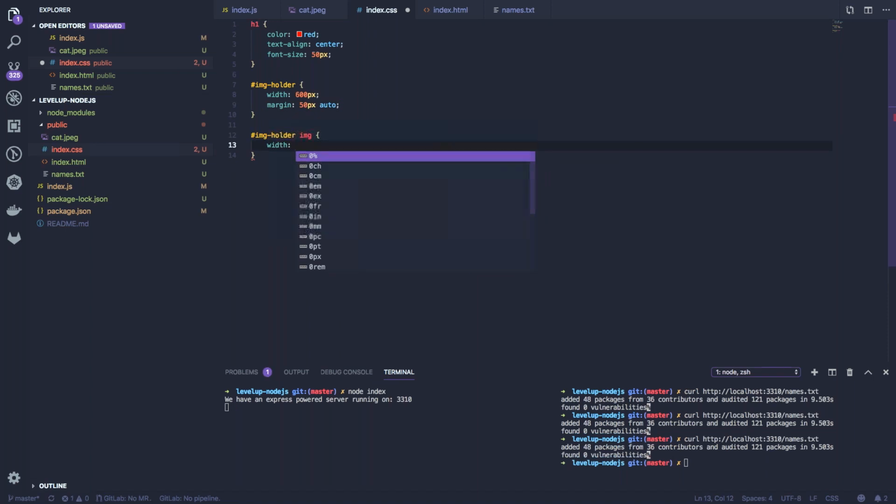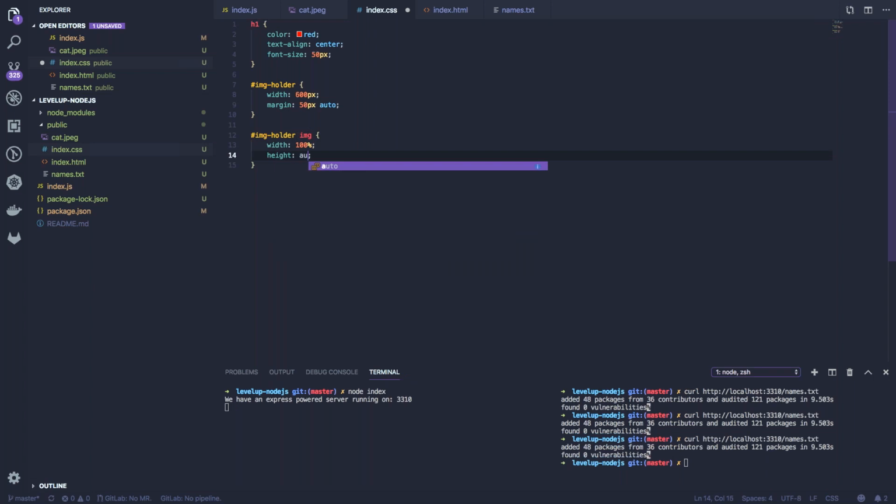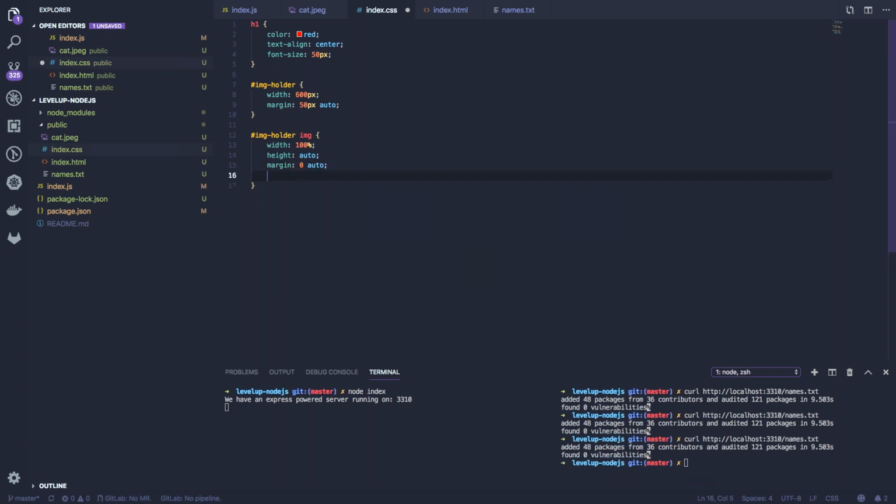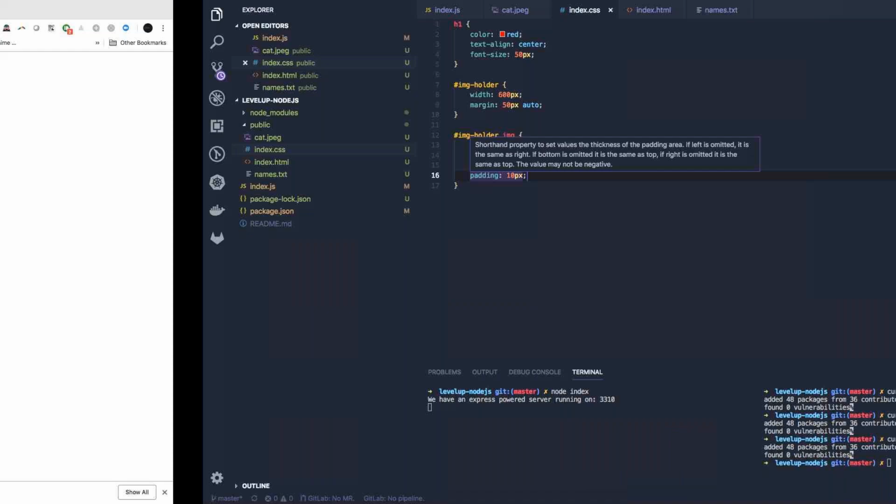Just say the width. Take 100%. And height should be automatic. Just also give it a margin so it's just centralized. Maybe we add some padding of 10 pixels all around. And this,